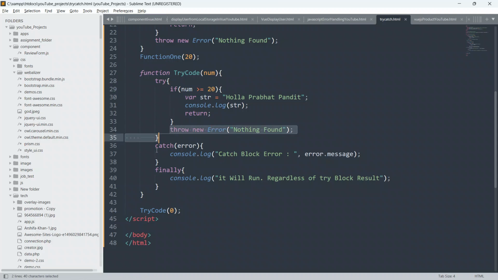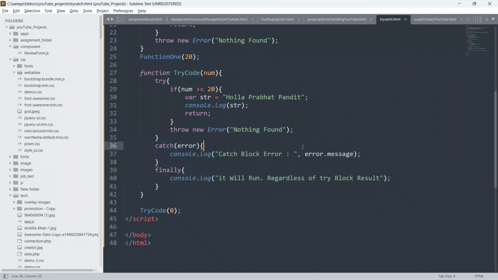And here we are catching the exception, so in the console we will get the message catch block error and colon nothing found, and below this text we will also get the text it will run regardless of try block result.